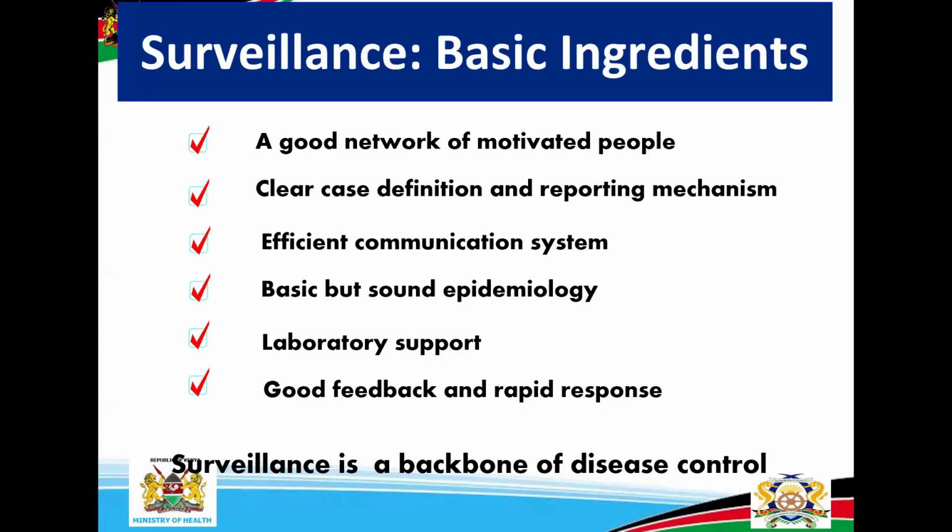Simply because they were expecting to know if this case met the case definition or not. So feedback is really important for us to have a robust surveillance system. Then the issue of rapid response. As I've said, currently the WHO is emphasizing 717. So the 717 is whereby the rapid response comes in. So overall, surveillance is a backbone of disease control.